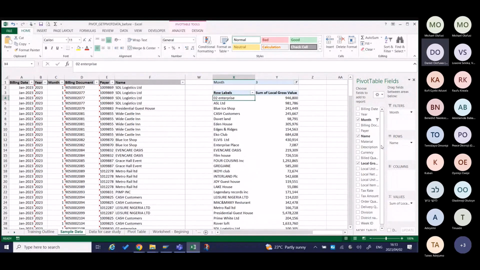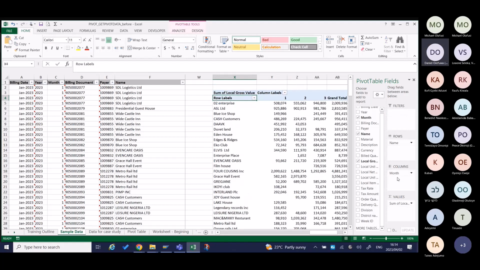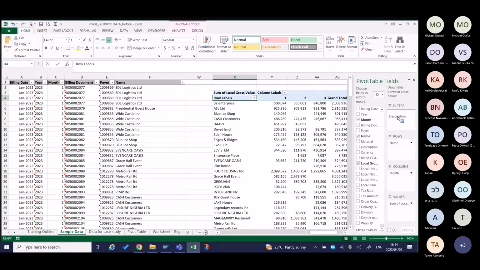Now, I want to do another thing to fill in the column section. So what do I want to do? Okay, so I will bring this month here to fill this column. So each month side by side, I want to see what happens. Then in the filter section, I will put in the product description here. So to each customer,